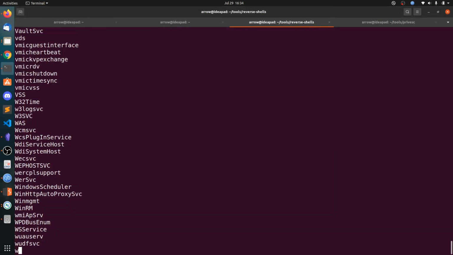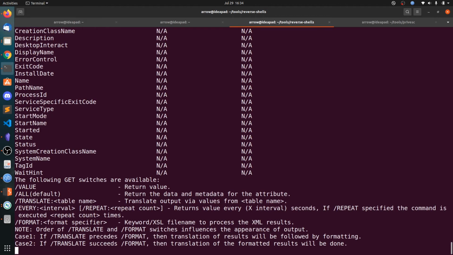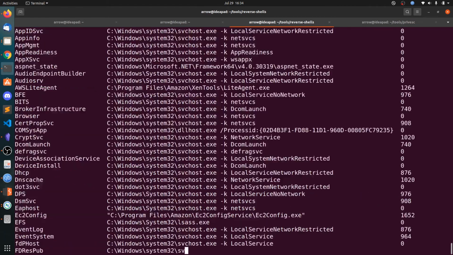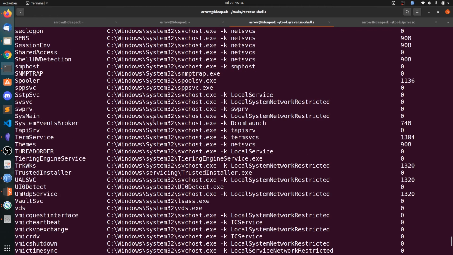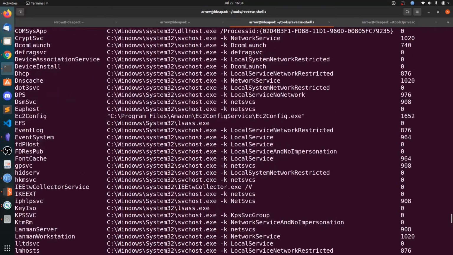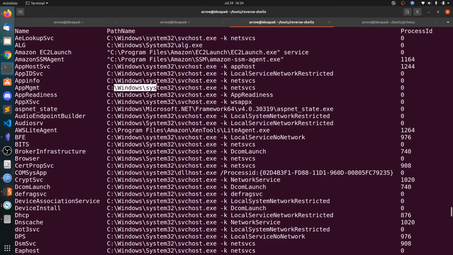Or we can also say WMIC service get path name. So that should be do WMIC service get name, path name, process ID. So this I think we can filter from this Windows System 32.